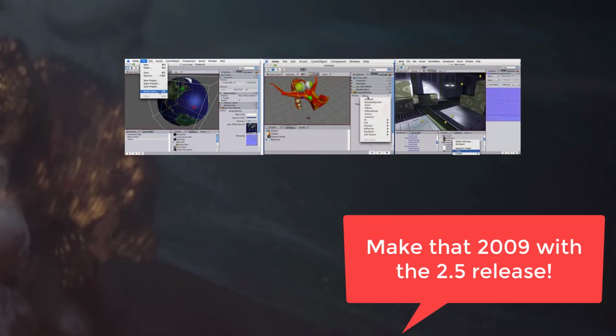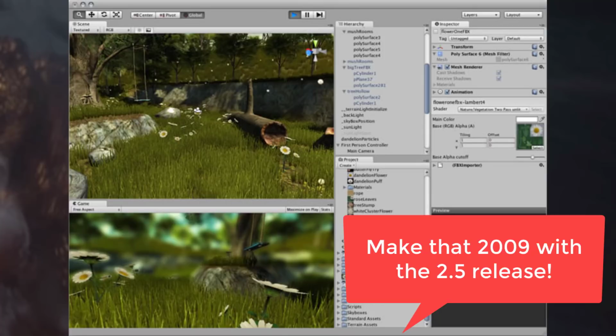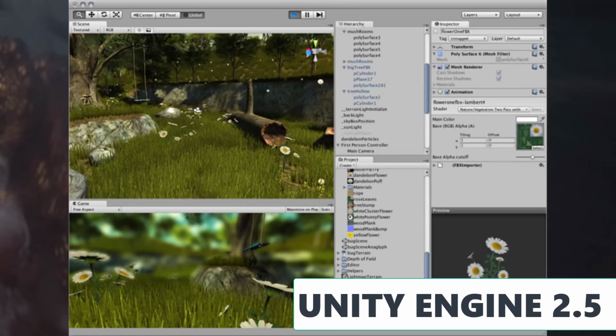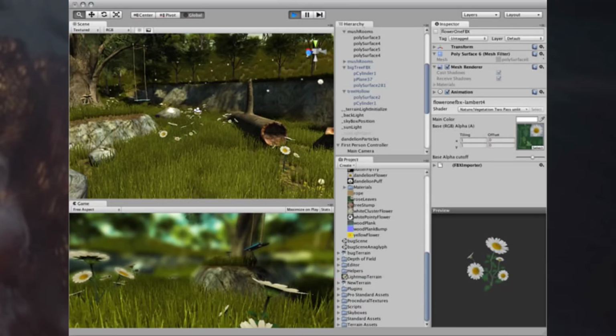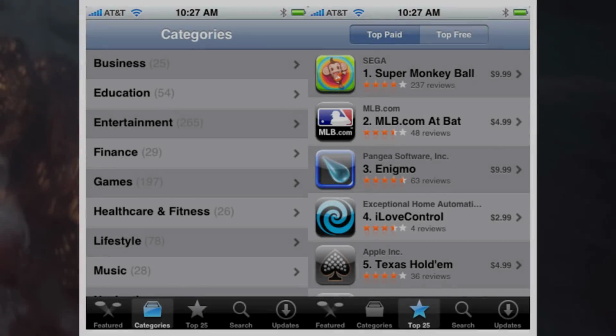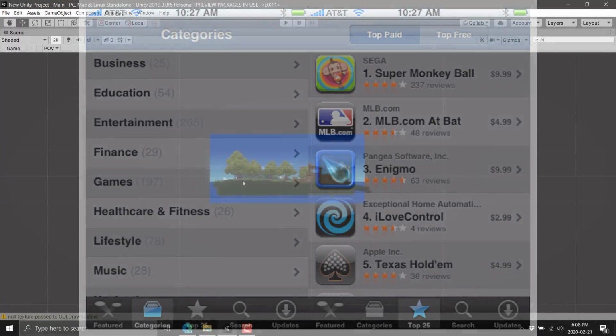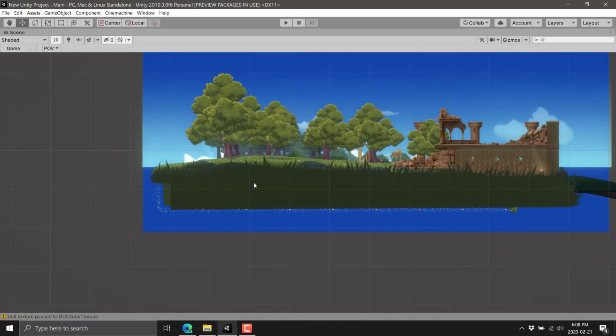Then in 2007, they moved it over to the Windows platform. That was about 2.5, I think, to 3.0 version. And at the same time, there was a big thing that happened in the industry. That is that the Apple App Store launched, and the rise of gaming on mobile phones and the rise of the Unity game engine came perfectly timed together, and they both grew up together. Designed from the very beginning to make game development more approachable, opening up to a wider audience, and I think few can argue that they succeeded in that regard.